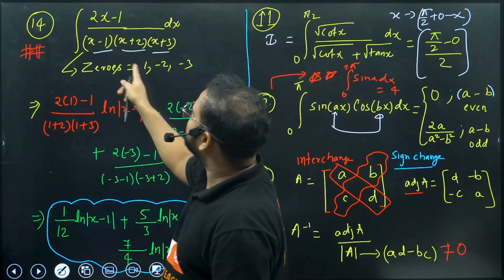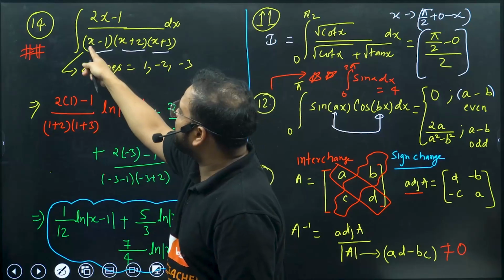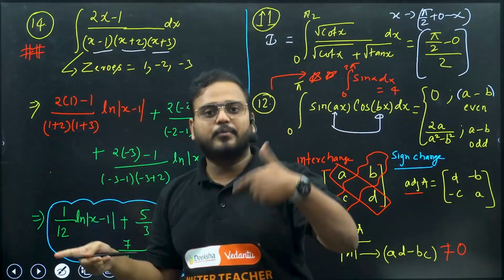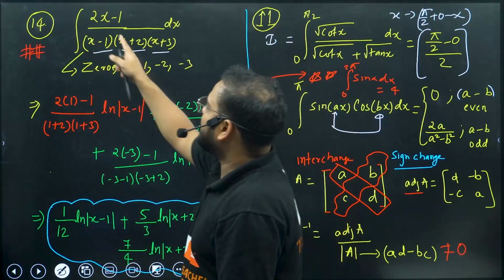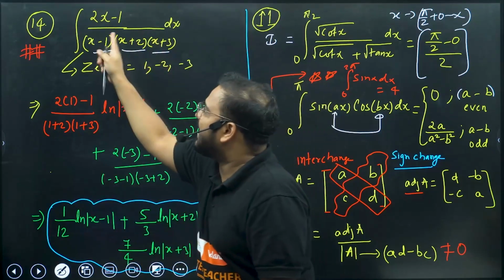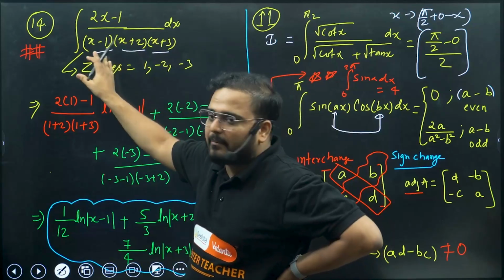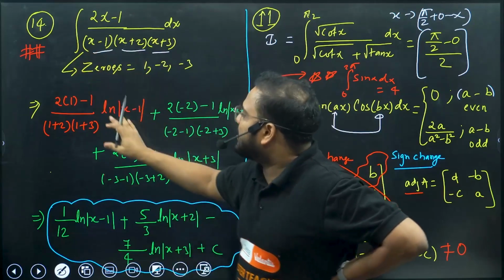So we get here x as 1 will become 2 into 1 minus 1. And since this will become 1 minus 1, which is going to make it 0, if you put x as 1 here, it will become 1 minus 1, which is 0, then please don't write it. Write that part in the log. I'll repeat myself: whichever factor makes that 0, put that in the log.